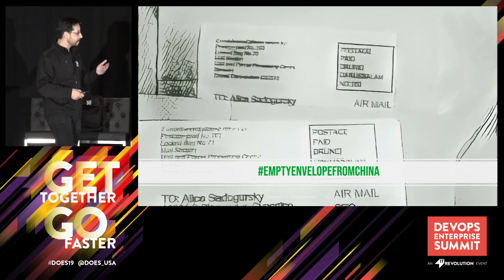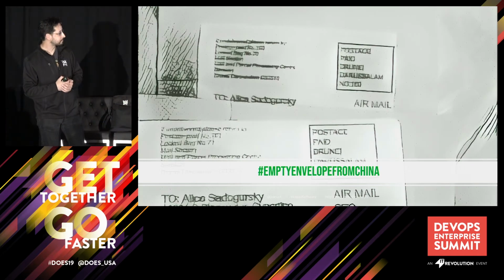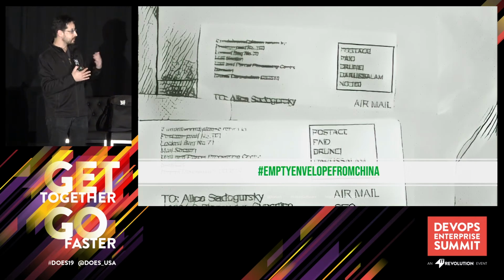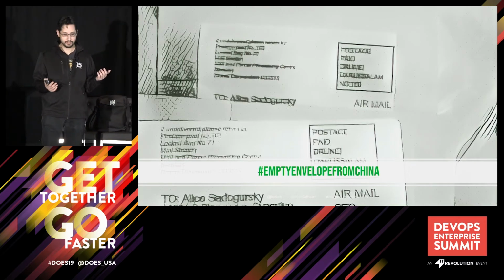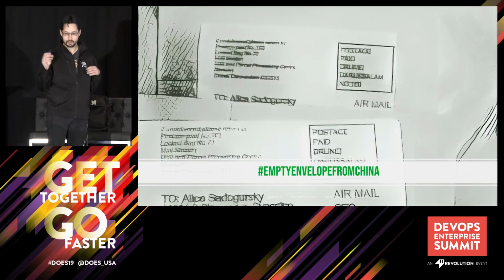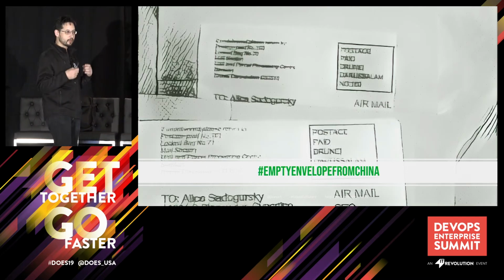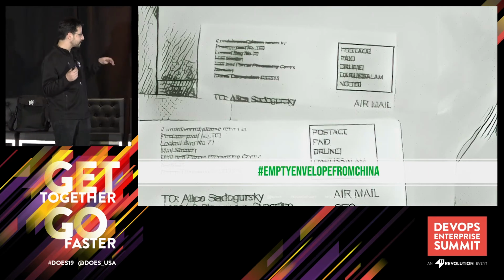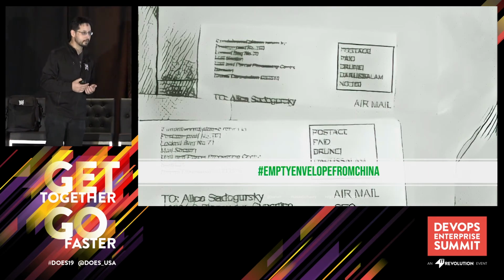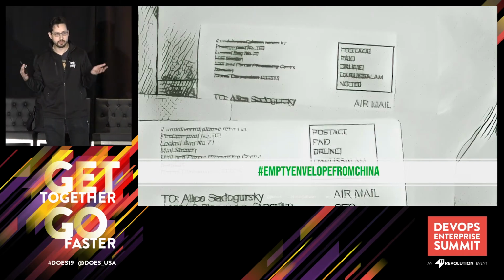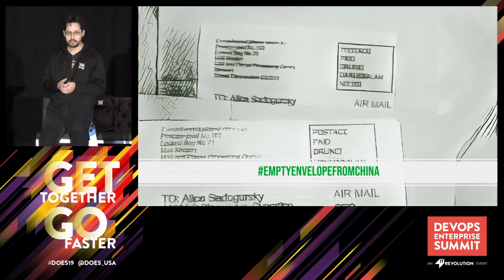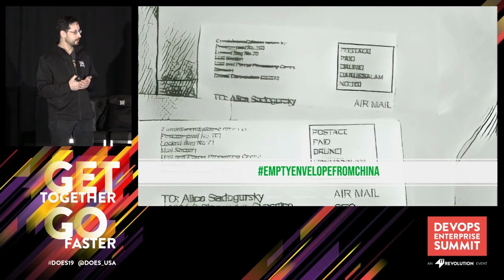So one example of this is some people get these letters, these unsolicited letters from China. And then inside of the letter, you get like a red sock or a little bit of red tape or a black cloth or a little ring. And they're just sent out to random people. There's actually a thread on Facebook about empty envelope from China. So why are people getting these like random envelopes? Is it some sort of like government plot?